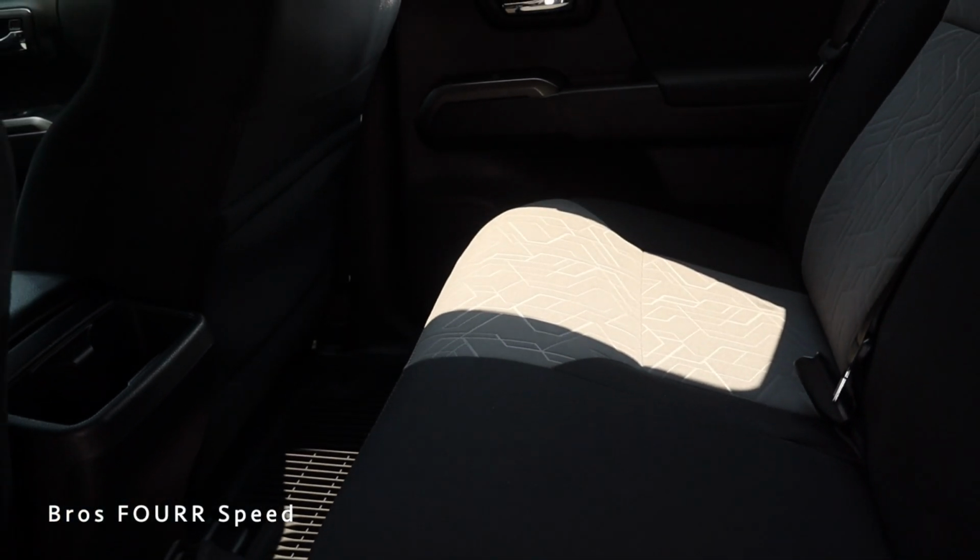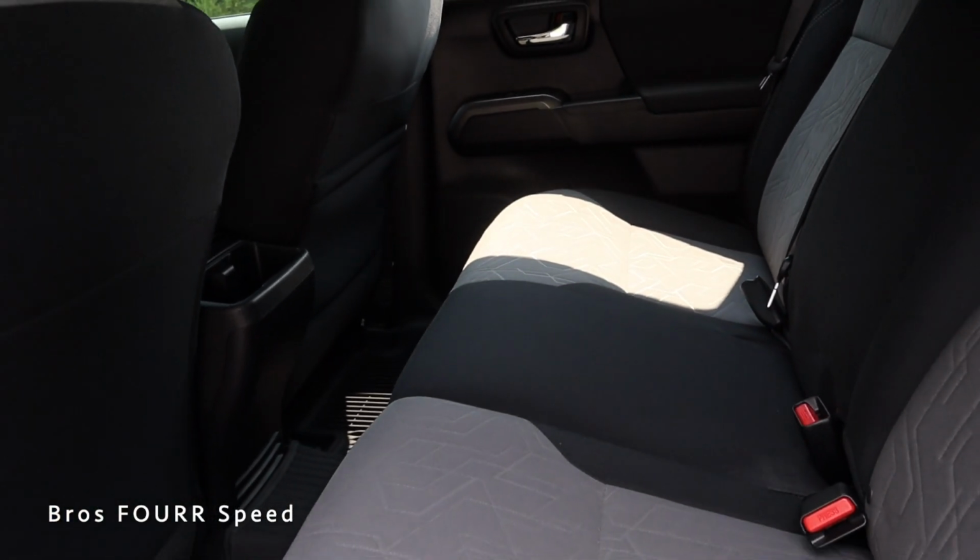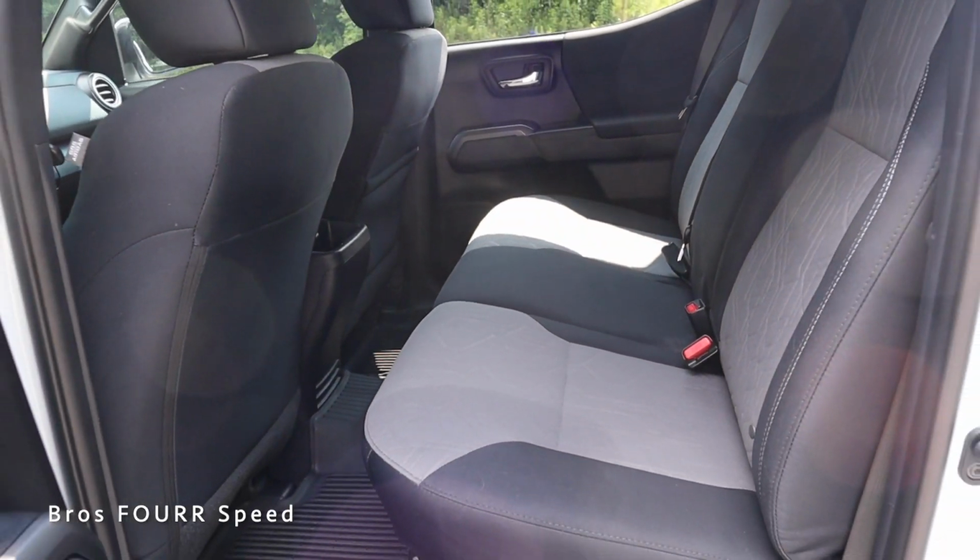I could be in the back seat here if I needed to and have two other people next to me. So it's functional to have this back seat area. You'll also notice that there are two cup holders right in the center, along with a little bit of storage behind the passenger seat. And this back seating area is very configurable, so you can flip up the bottoms where